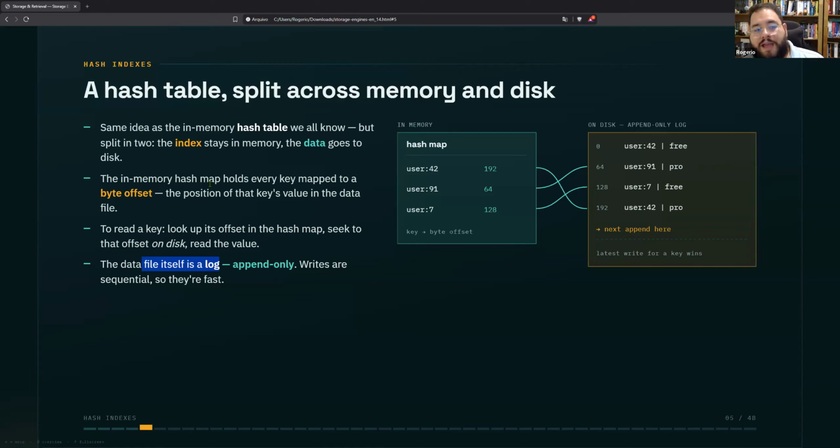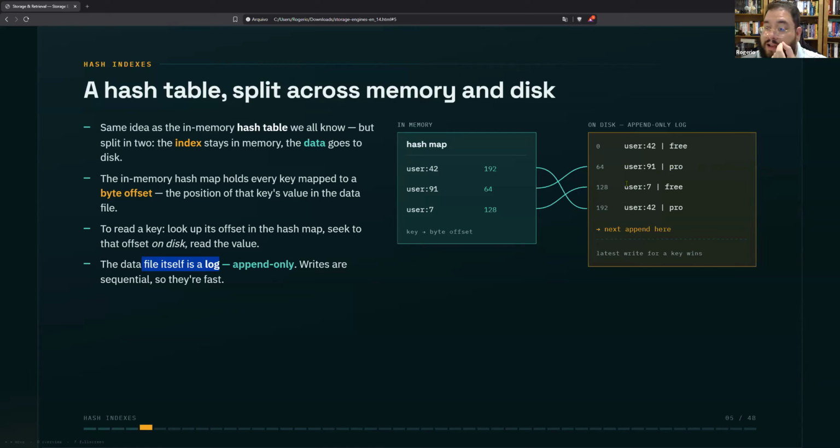So the in-memory hash map holds every key mapped to a byte offset. For example, the first thing we store here is user 42 free. After that, at position 64, thinking in bytes, it's literally the byte offset, we have user 91 pro.